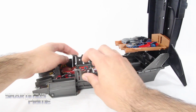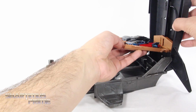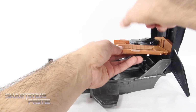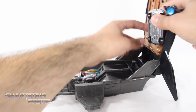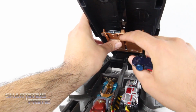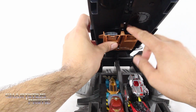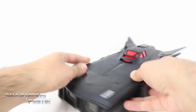So what I'm going to do is go ahead and close this up, and then lift these up right over here. And then it's kind of tricky to do. It's actually a little better to have this folded up already. And then what you can do is move these to the side, and then kind of sneak the Batman in right there, and then sneak the Superman in right over there, and then close this up, and you could hear